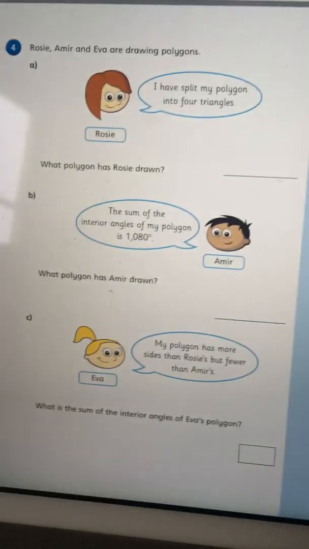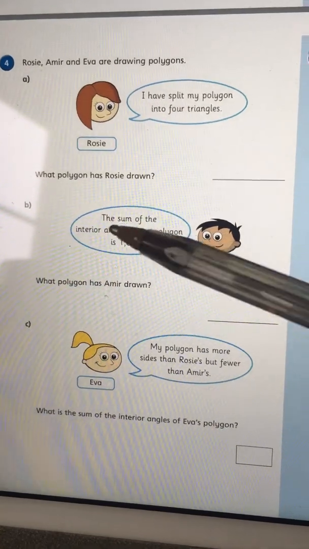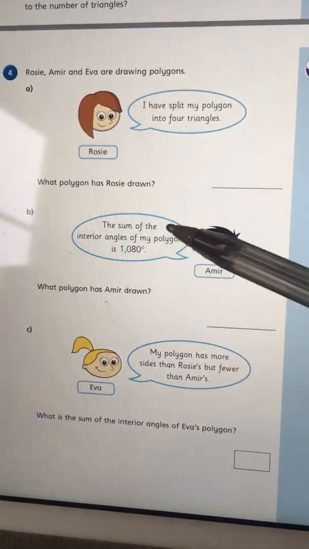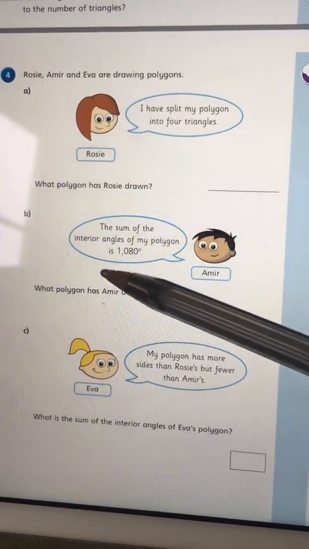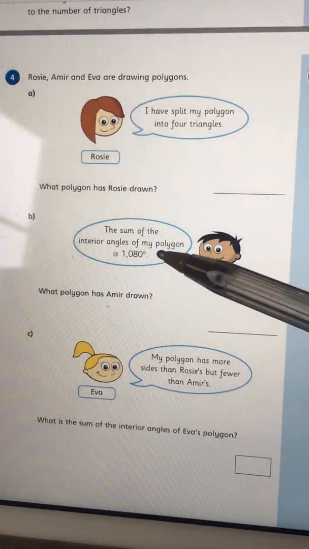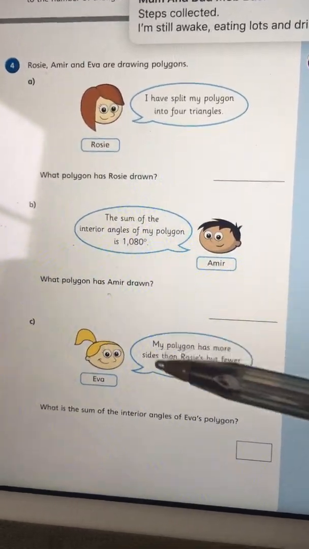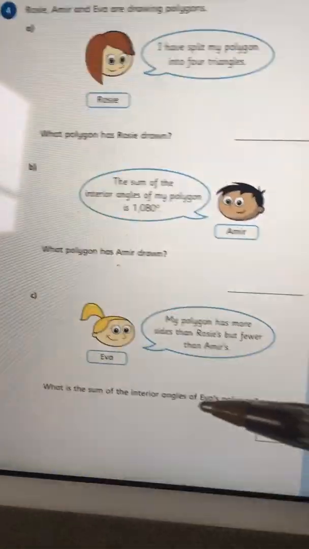And we know that a 6-sided shape is indeed a hexagon. And you just need to work on that basis with Amir's. So you need to think about the interior angles. What would you divide that by to work out how many triangles were in there, to work out how many sides there were? Likewise, for